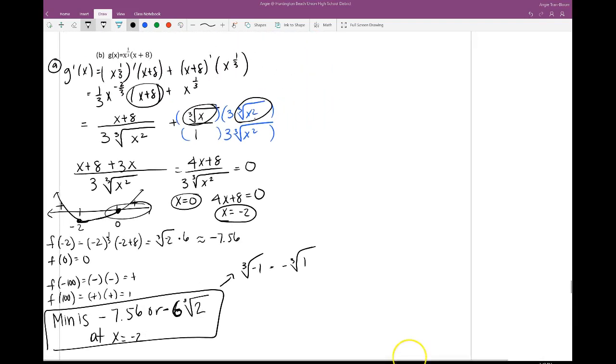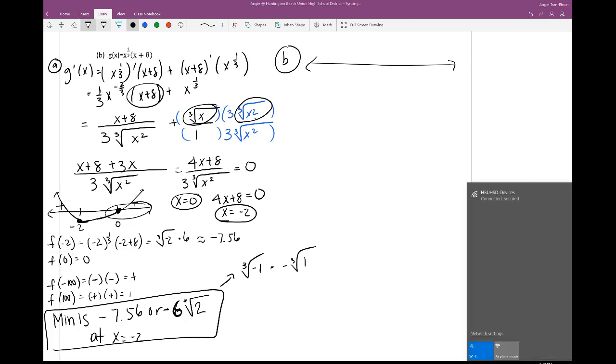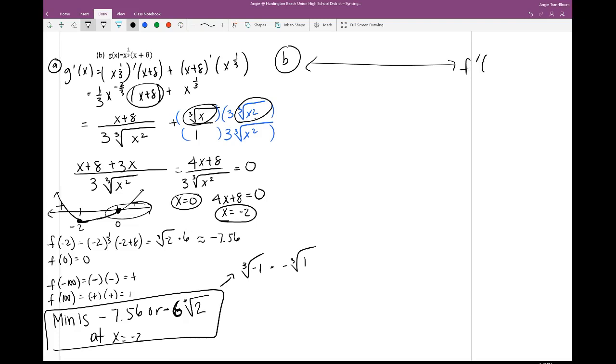Part B, find increasing and decreasing. So I don't need to use 0, so keep that in mind, because 0 from our chart over here wasn't a minimum or maximum. So for part B, I'm going to use f prime of x. Okay, so this is x equals negative 2. So I'm going to plug in f prime of negative 2 to see what it gave me. And the f prime equation was found over here, right there. Okay, so here we go. Equals 4 times negative 2 plus 8 all over